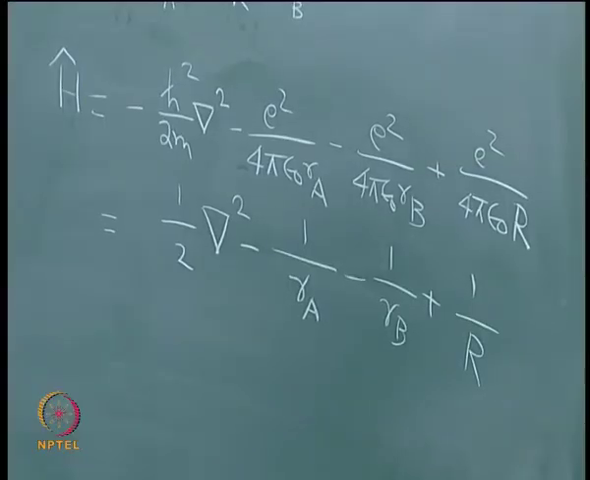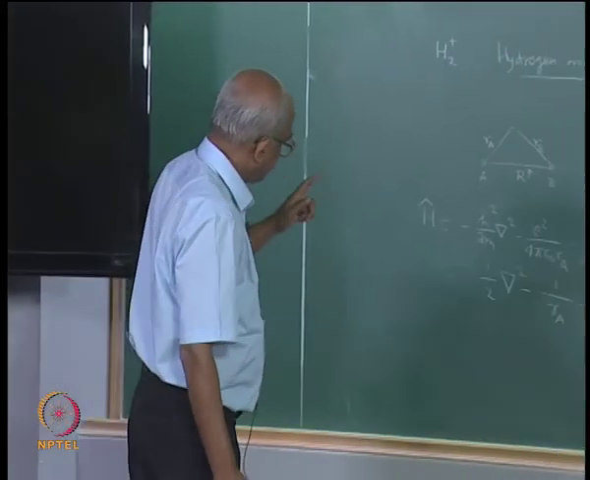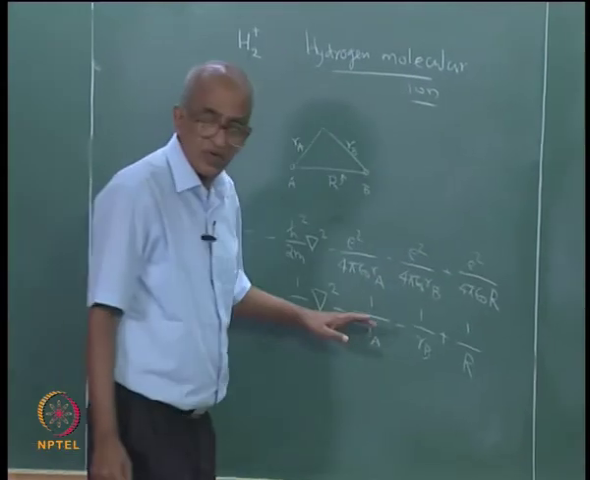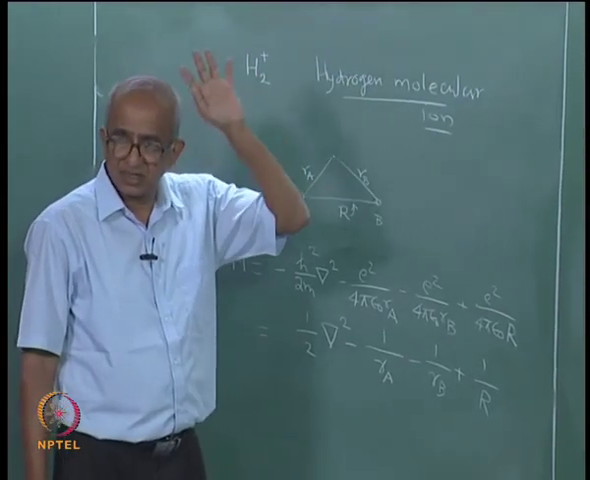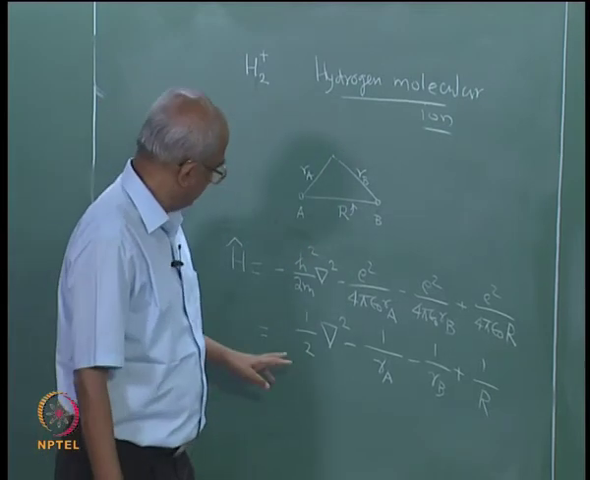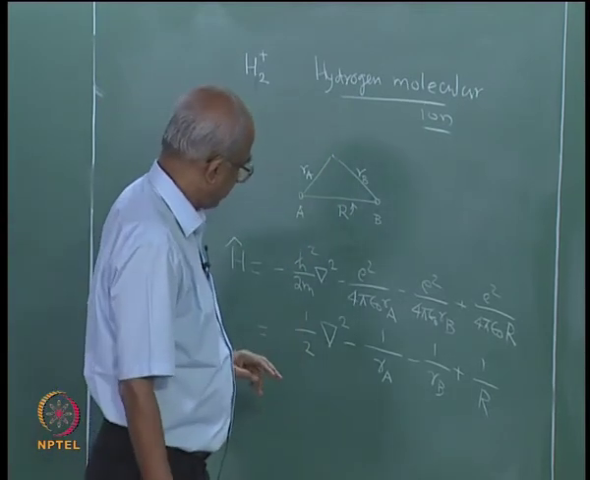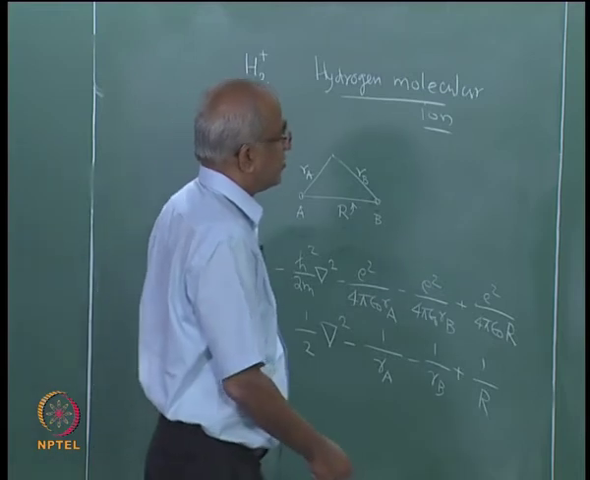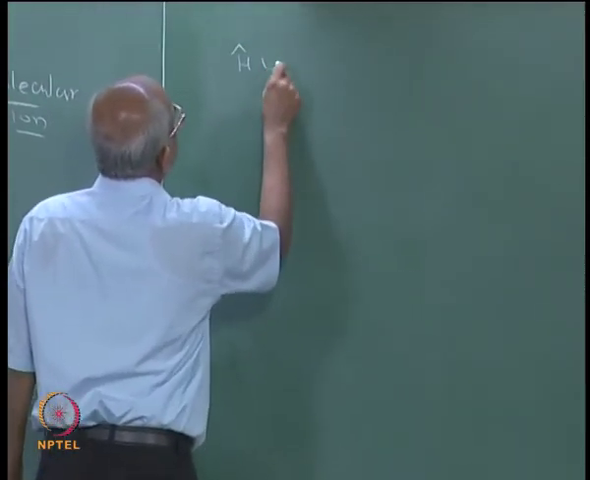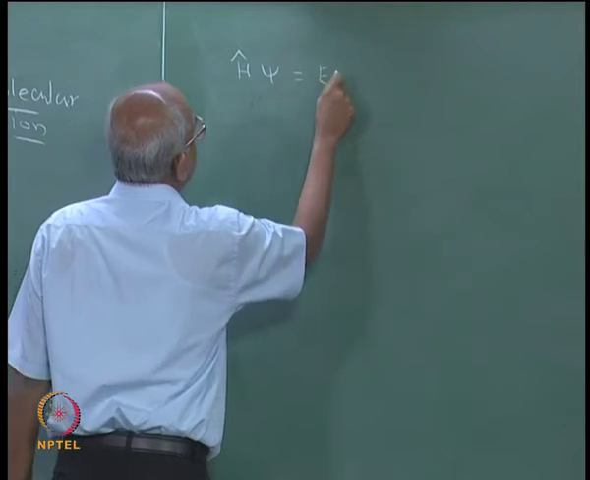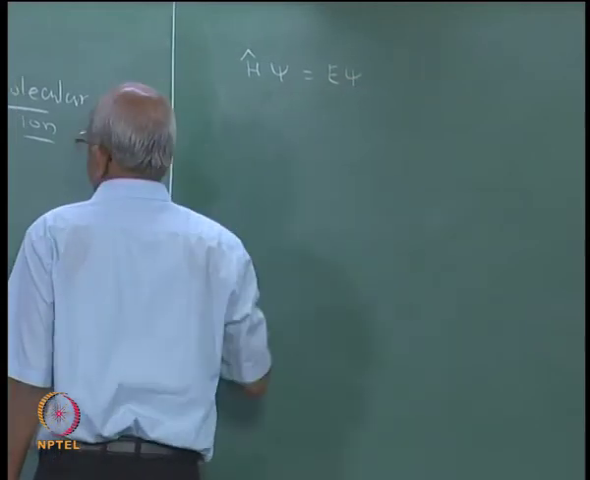Okay. Now let me repeat, this does not have the kinetic energy of the nuclei in it. We will have to worry about that, and we will do that later. Okay. So this is my Hamiltonian, and what is the equation that I should solve? I should solve the equation H psi is equal to E psi, and the way I have been approaching this